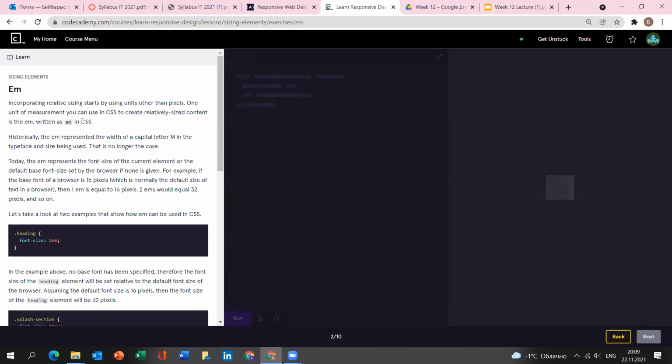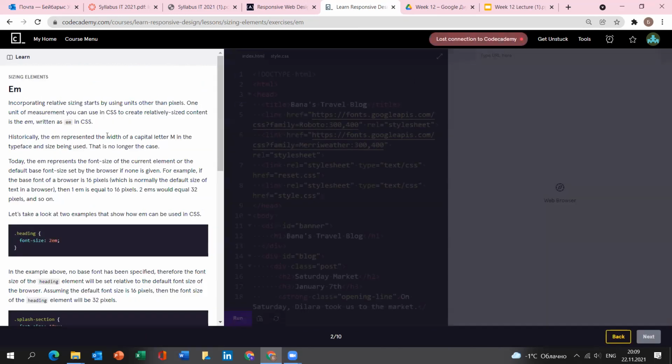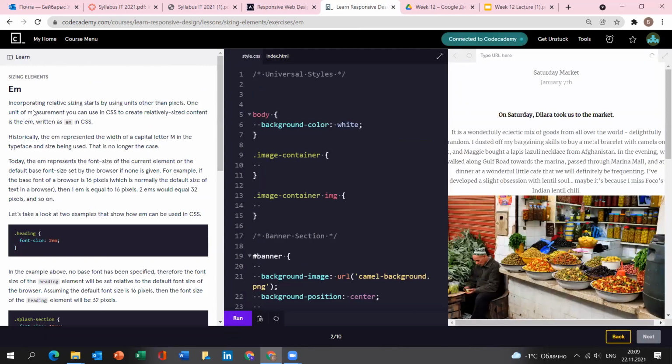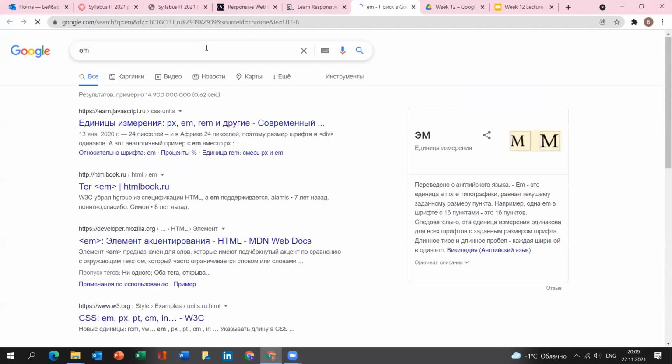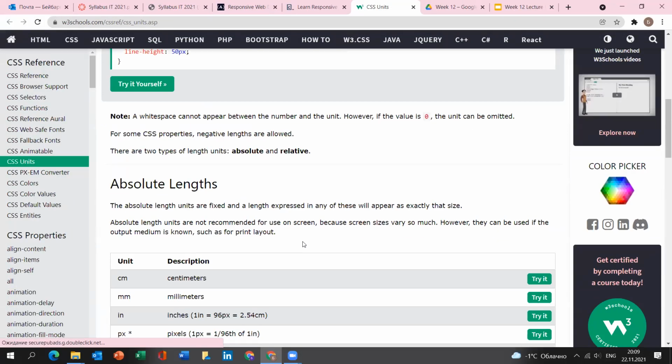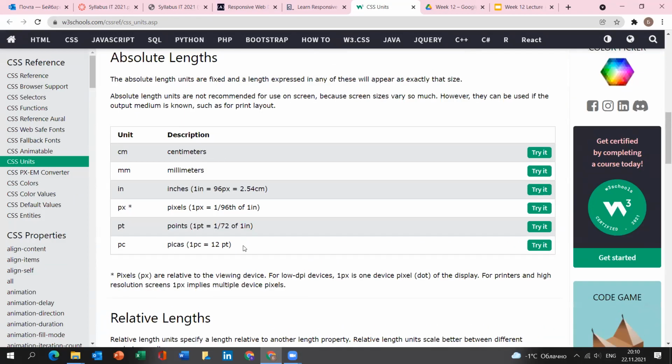So we have a bunch of code here. Okay, so what does EM mean? Let us try to Google what EM means in CSS, okay? So basically we know pixel, EM, REM, all the stuff, okay? So if you go through EM, you can find there are a lot